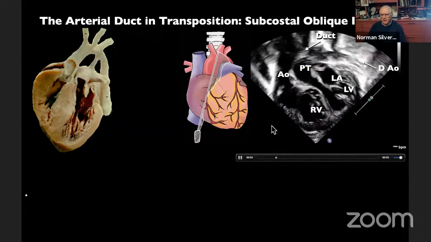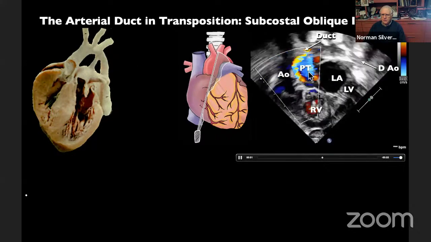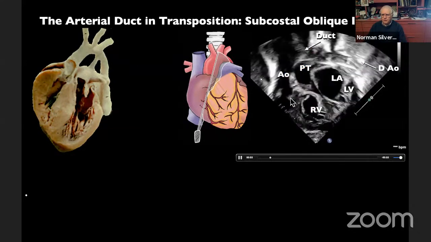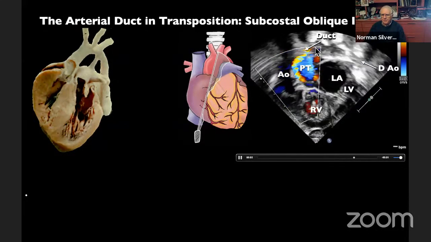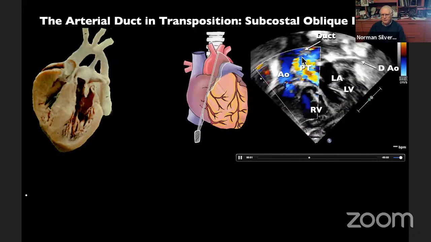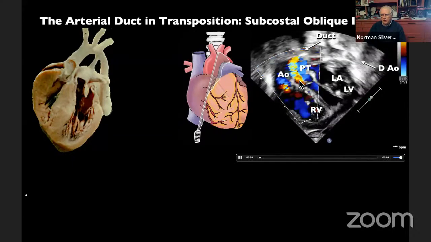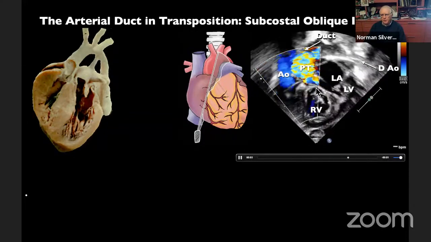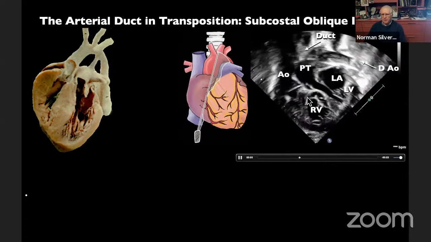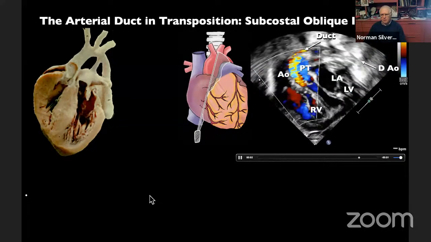And here on the echocardiogram in this oblique subcostal cut, you can see the pulmonary trunk and the aorta, the connections to the respective ventricles, and the presence of a small arterial ductus where the ductus shunt is hugging the anterior wall of the pulmonary artery and bouncing off the pulmonary valve before entering both the pulmonary arteries. And here is the descending aorta behind as well.